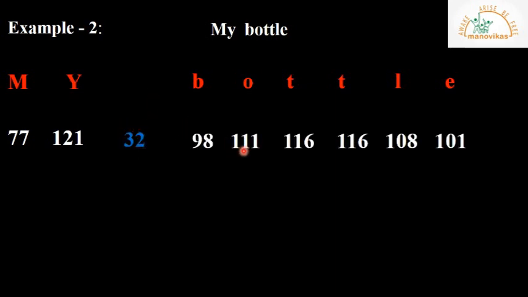So starting with the first letter, all the letters are written separately, and I left more space here. That is to say, there is a space between both the words. Then write all the code, that is the ASCII code for each letter, including space. See, I have separated it and I have given it in blue so that you know that is a code for space. This is the ASCII code for space.